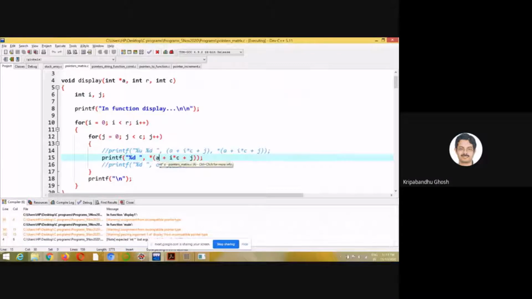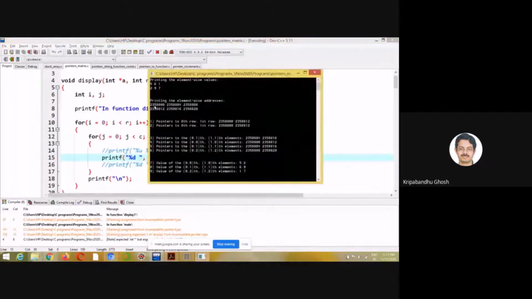So I am doing it like this plus, this is 1 into C. Number of columns is 3, right? 3 plus 1, so that is 4. A plus 4. You see, this is A, so this is A at 0, 1, 2, 3, 4. So this is the 1 1 element I'm getting, right? Again, this is 0, this is 1, 2, 3, 4. So this is as good as a linear array.